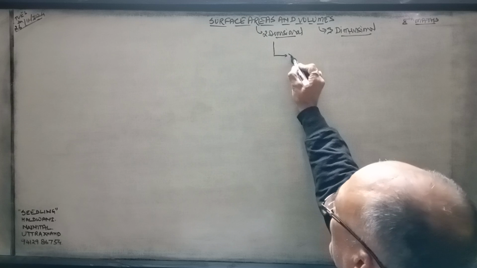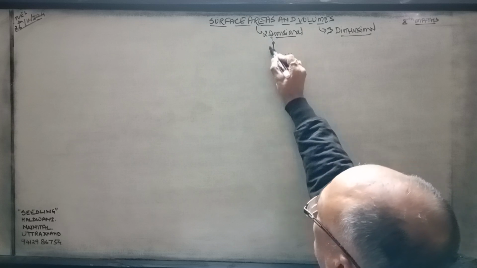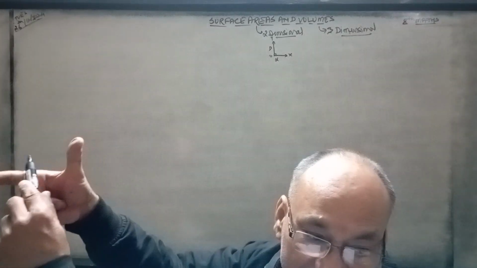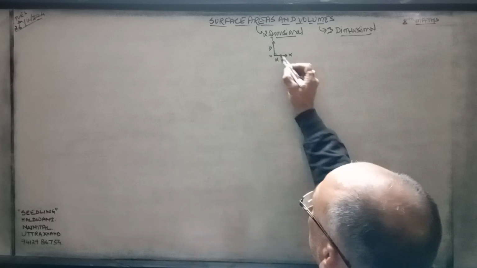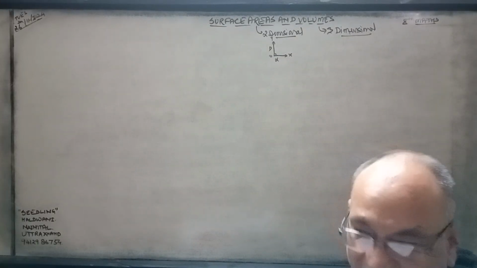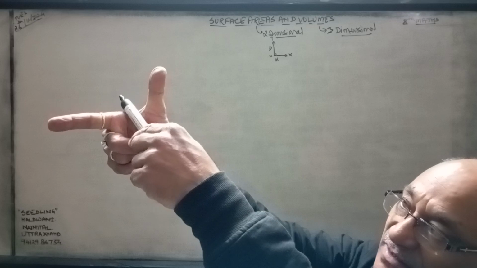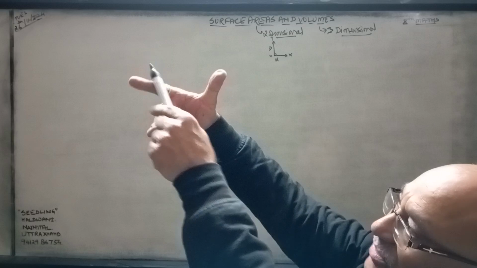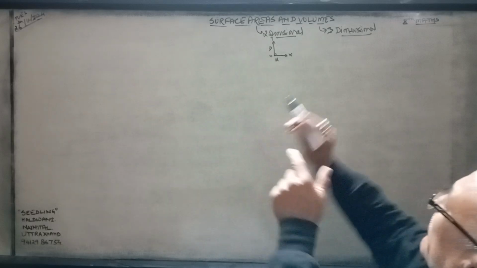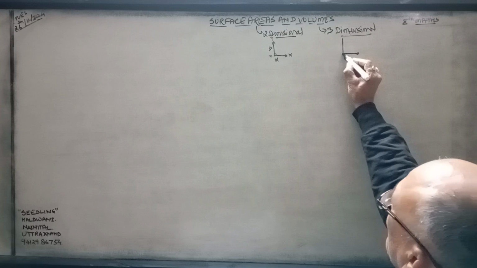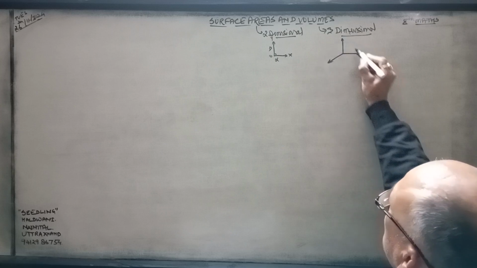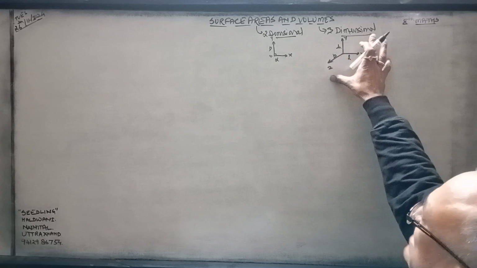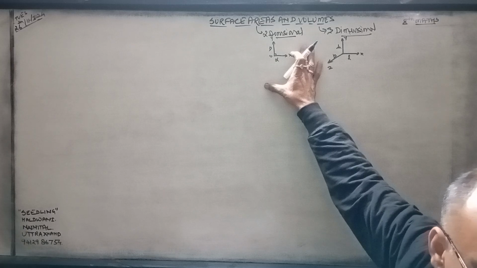Now if it's the length and if we have the breadth, so this is called the 2 dimensional. This is length and this is breadth, and they both are making 90 degrees with each other. So this is a 2 dimensional figure. And when we see this is length, this is breadth, and this is height, each is making a 90 degree angle with the others. So when you make this on a piece of paper, this is x, this is y, this is length, this is breadth, and this is height. So this is the 3-dimensional figure, and this is the 2-dimensional figure.